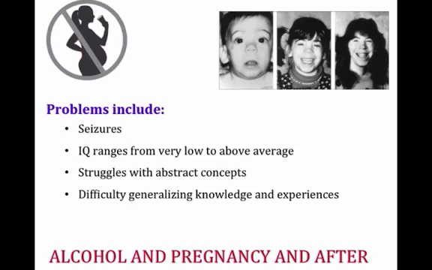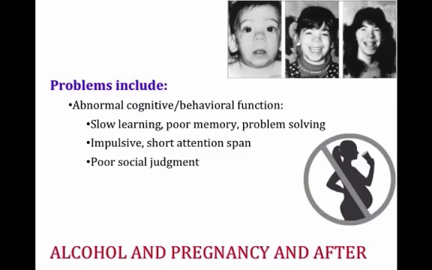In addition to the physical abnormalities that occur with fetal alcohol spectrum disorder, there are many other problems, including seizures, IQ ranges from very low to hopefully above average, struggles with abstract concepts, and difficulty generalizing knowledge and experience, since the brain isn't developing well as a result of being bathed in alcohol during fetal development. The child with fetal alcohol syndrome has trouble processing concepts. These include cognitive and behavioral issues, resulting in slow learning, poor memory and problem solving, impulsive, short attention span, and